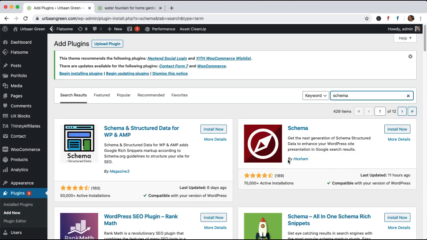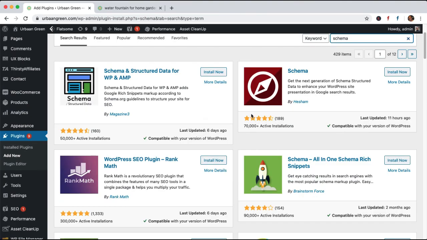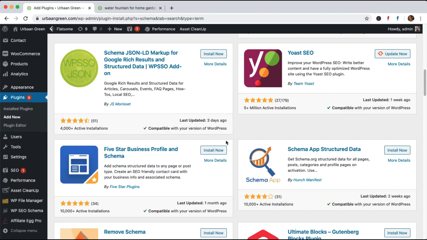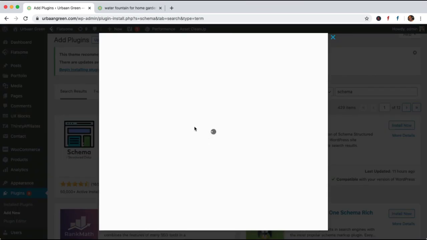You can use any of these plugins to markup. Just check that any plugin you download has the type which you want to markup, and then you can continue with that plugin. Even before that, you can click on more details to understand more about these plugins, what all markup is available, and then you can download.